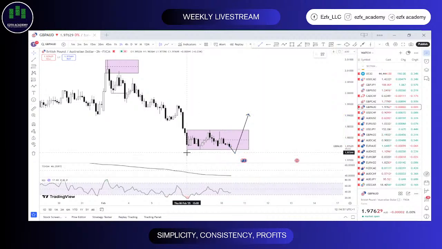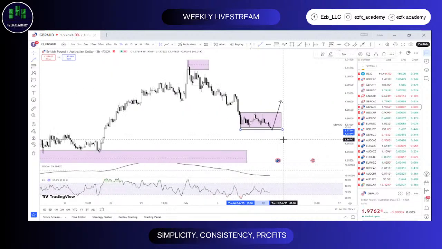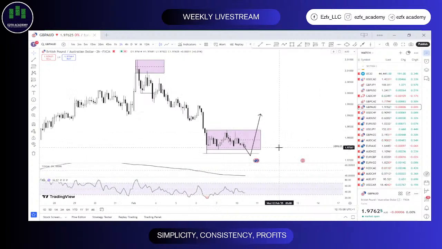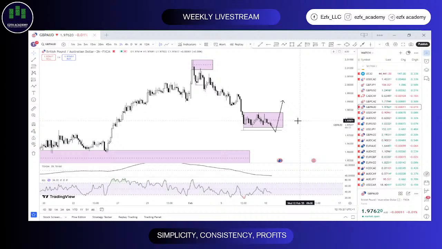This would be we might just get to see price sweep this low, ever so slightly. Might just see price sweep this low with a wick, and then we'll see the push towards the upside off of this. So I think this is what I'm watching out for right now on GBP. I think we're closer to getting a buy again. We have liquidity towards the upside for price to still decide to clear up eventually. So currently I'll just watch out for this move on GBP, sell to buy.